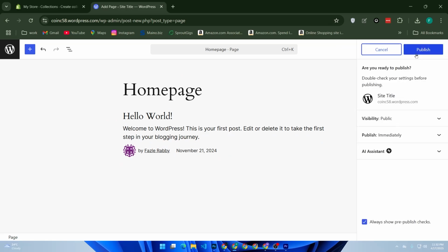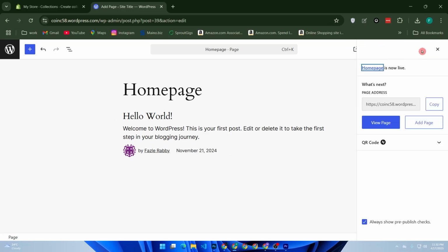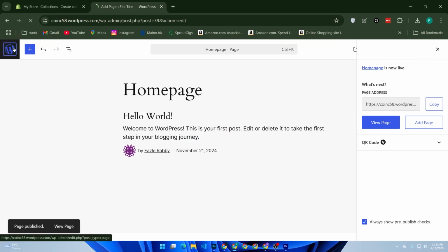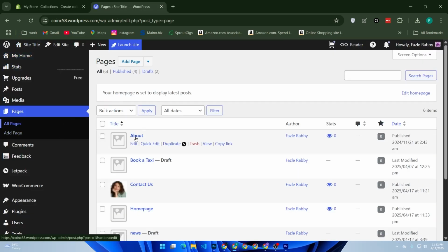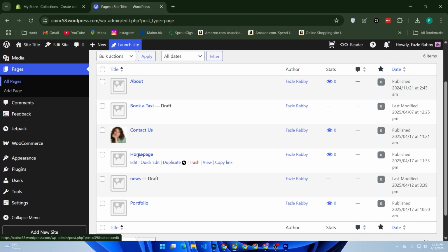Then click publish. Again publish. Now go back to Pages, then click Home Page